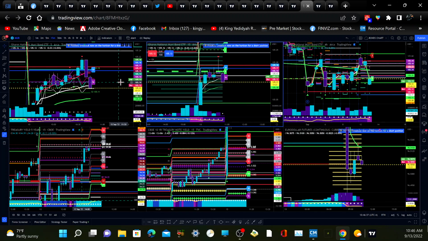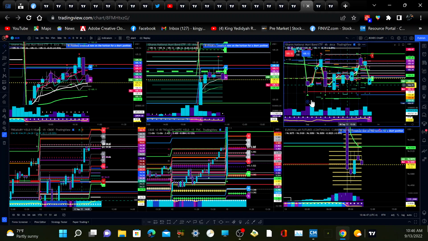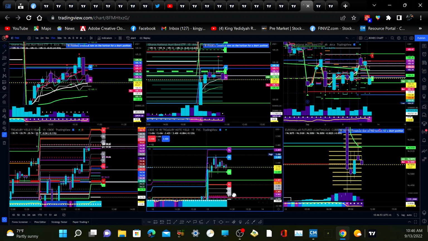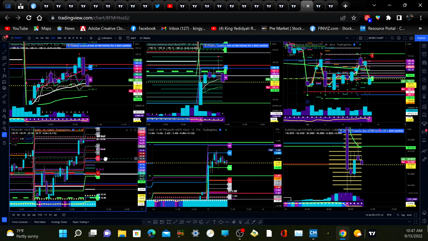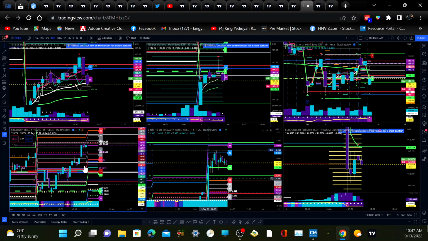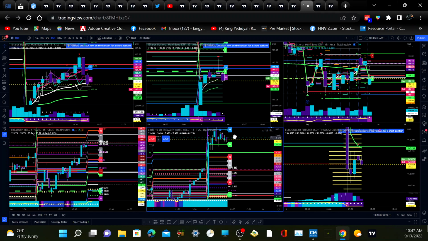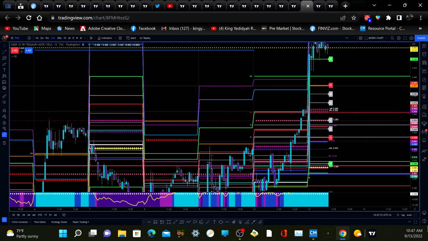But this is the MUB, the Muni Bond ETF. This one kind of held up nicely. It didn't sell off too much, and the yield definitely popped up. Like the 10-year, this one popped up. The 5-year didn't really go too crazy, but it still rose. It didn't have a big candle like the 10-year. The 10-year had a big bullish candle. You can see it right there. Let me see if I can make that bigger. Right, so you see the bullish candle on the 10-year right there.